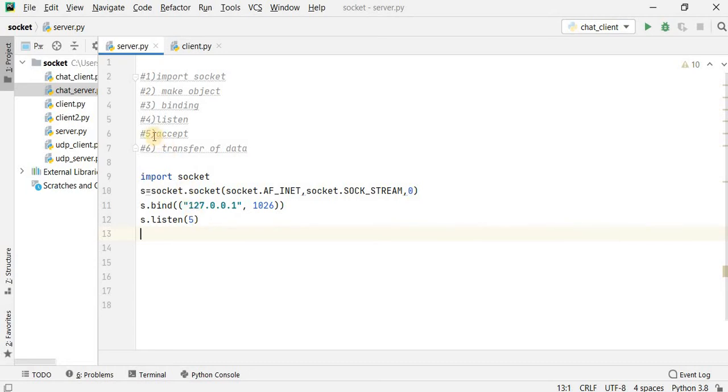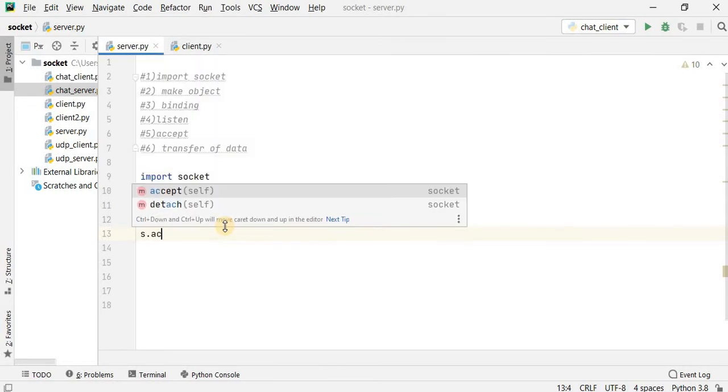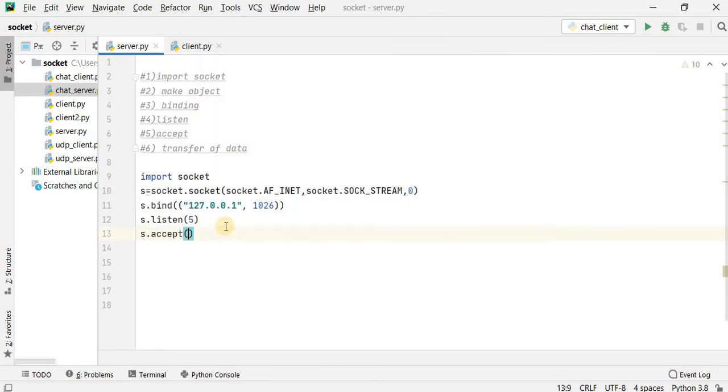Now the fifth step is called accept. So s.accept. What is the meaning of the function s.accept? It means that after binding with the client, we have the IP address of the client as well as the port number, and we have to accept the connection.